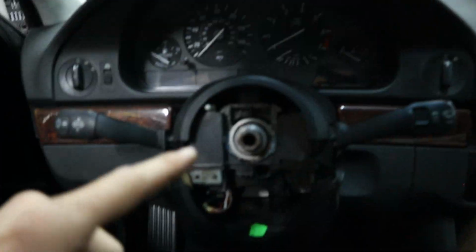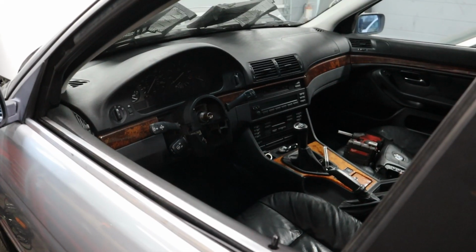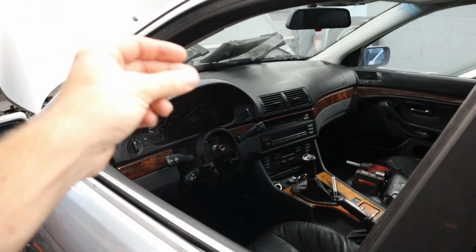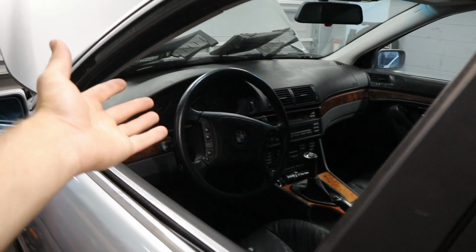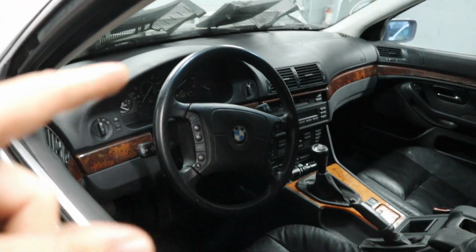For now, we're going to go ahead and reinstall our wheel, put that back on here, and then we'll get into coding the car. So this is my favorite part of all this, is just going like that, and all of a sudden everything is done for me. So the wheel's installed. I think that we need to connect the battery next, and then we're going to code